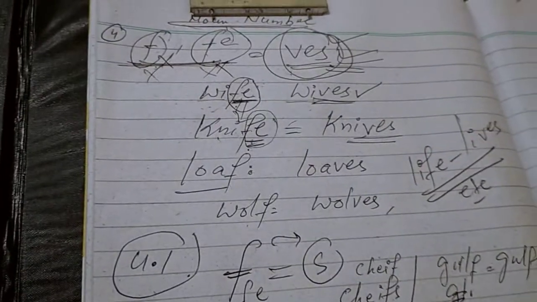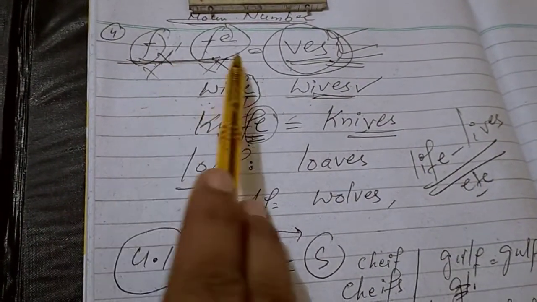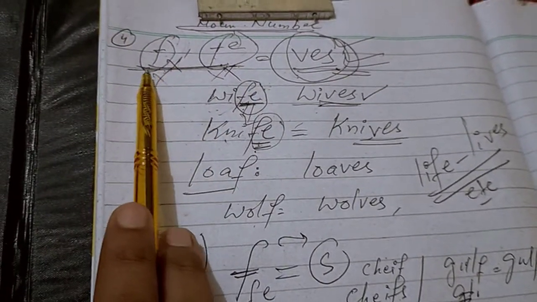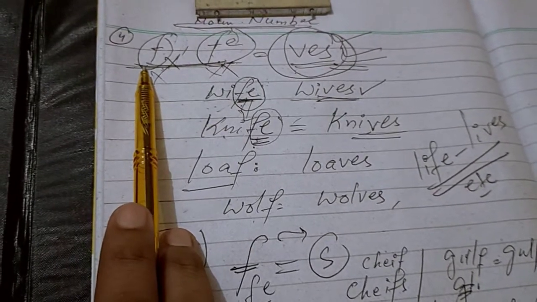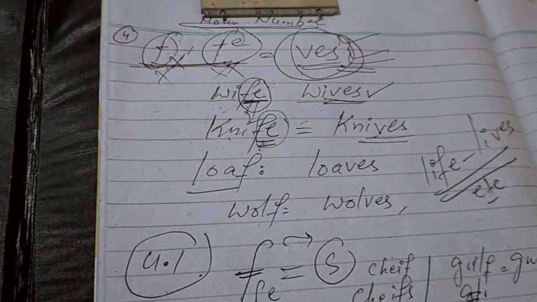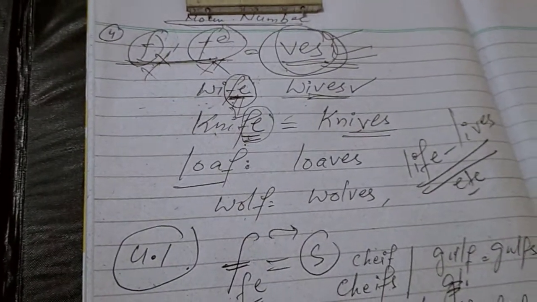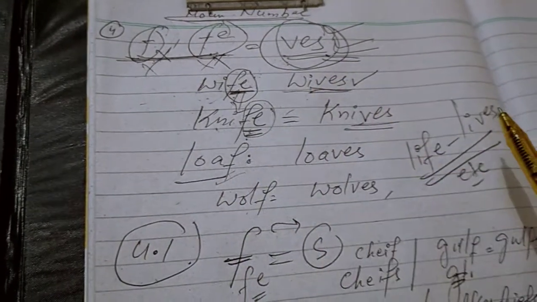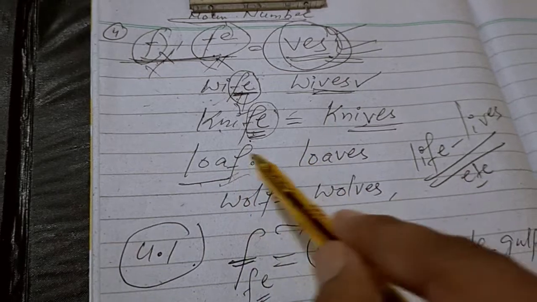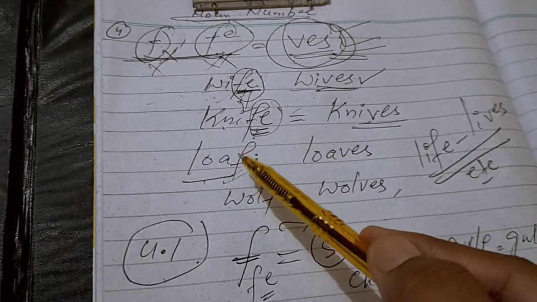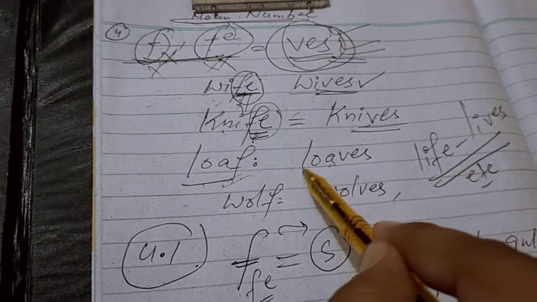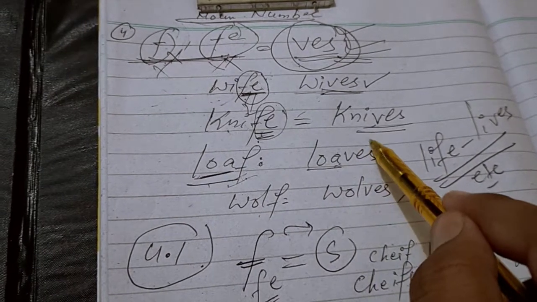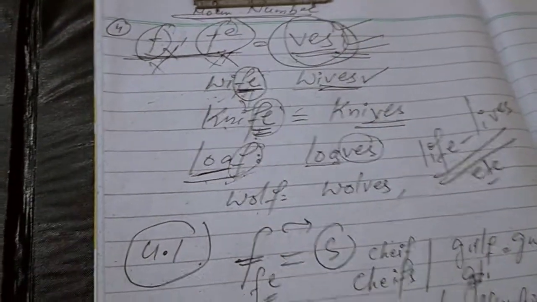Now we have done the same trick, the same job. Let's take some other examples, not fe; we have taken two examples of fe. Now some nouns end in f, and we follow the same path to make them plural. The word loaf ends in f, and we just remove the letter f and add ves. So loa is the same part of the word, and we have added ves instead of f. So this is how we have made the plural.